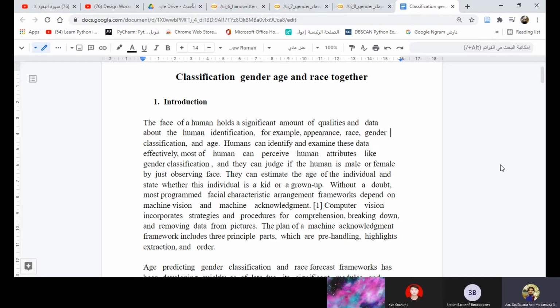Arrangement frameworks depend on machine vision.